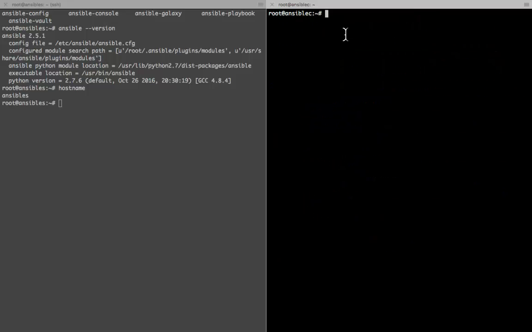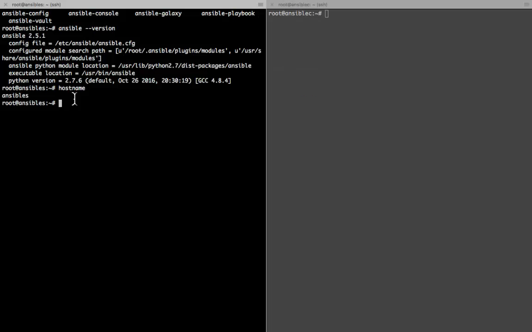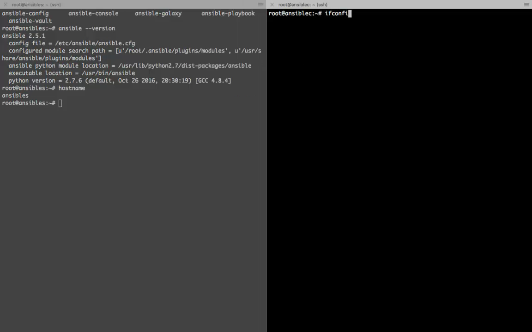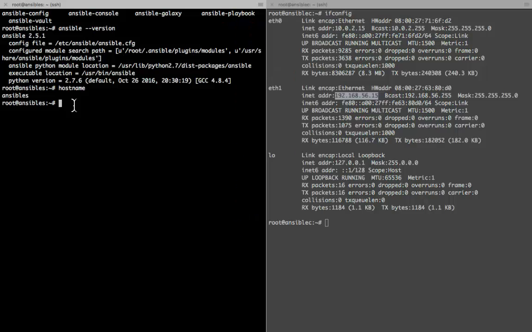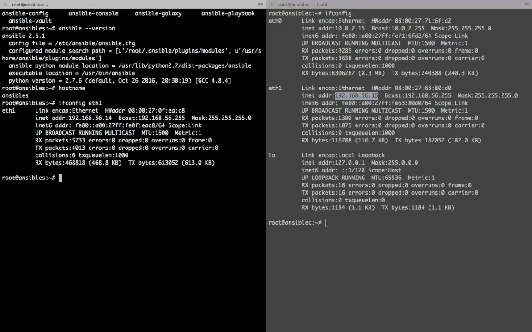So we have the client configured, and also we have the server. Let's see the IP address. The IP address of this client machine is 192.168.56.15, and we have a server with IP address 192.168.56.14. So when Ansible is going to communicate with this client, it requires you to specify a password, and if you